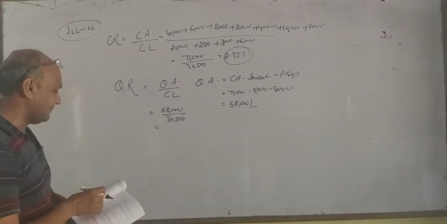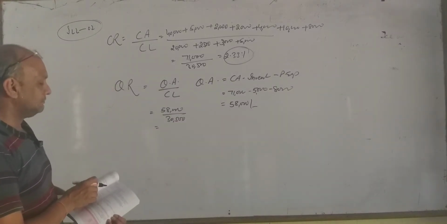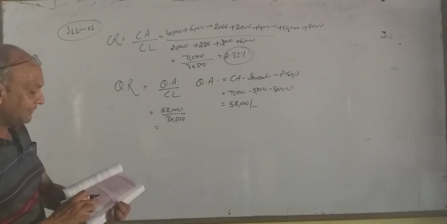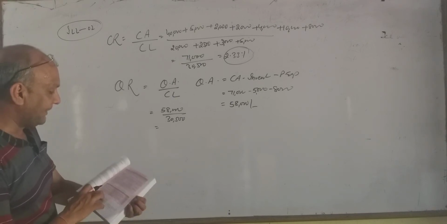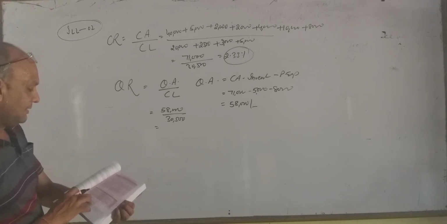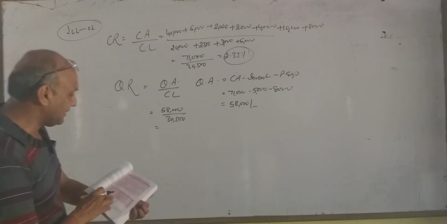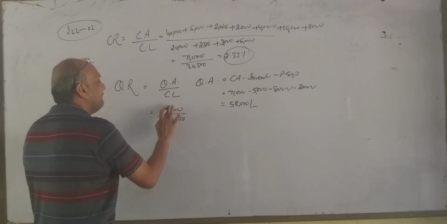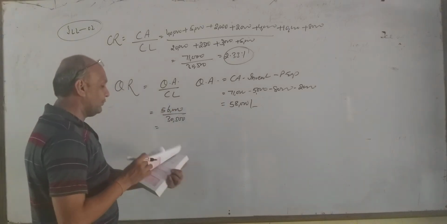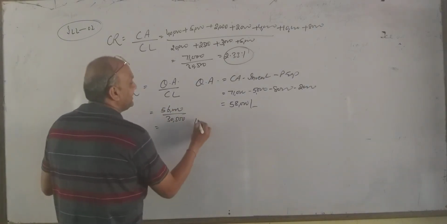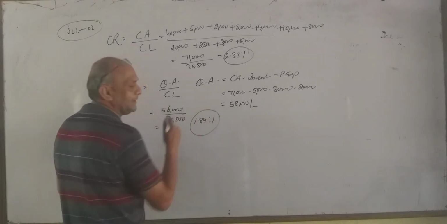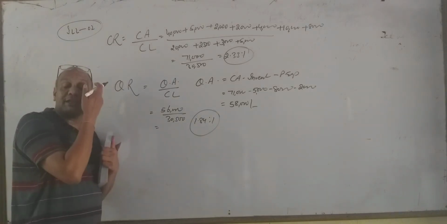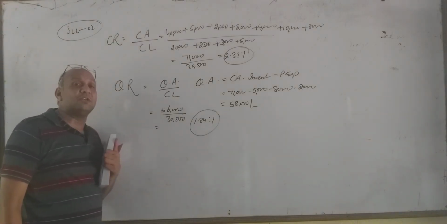So when you divide it, my dear, okay, one more item is also given here, prepaid expense. Here prepaid expenses are given. Where are prepaid expenses? Item number 6, 2,000 rupees. Item number 6, prepaid expense 2,000. So it comes near 56. So when you divide it, it comes, my dear friends, 1.84:1. Our quick ratio is good because it is more than our ideal ratio, which is 1:1.